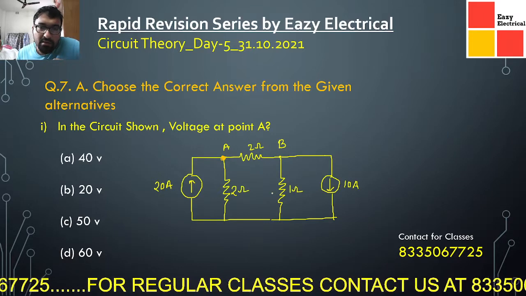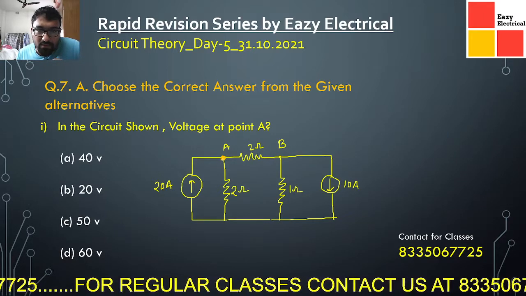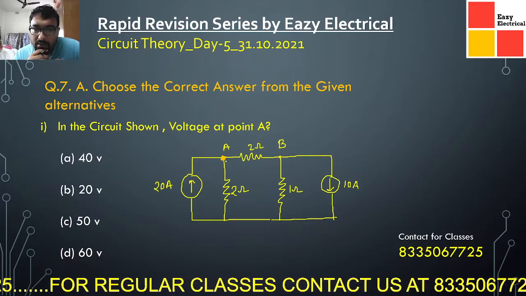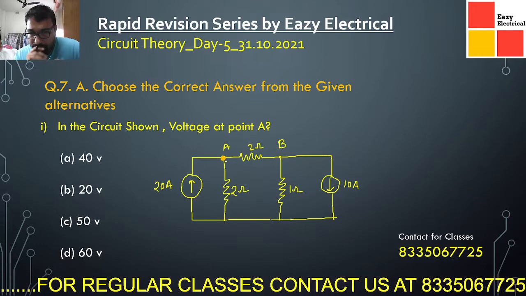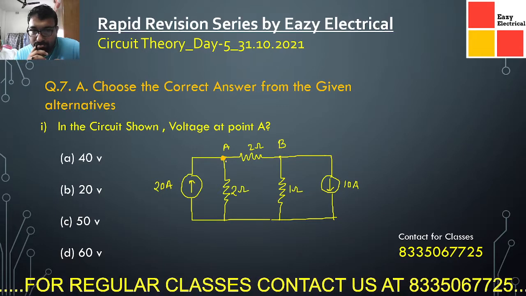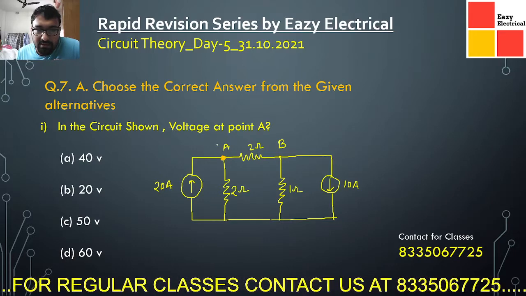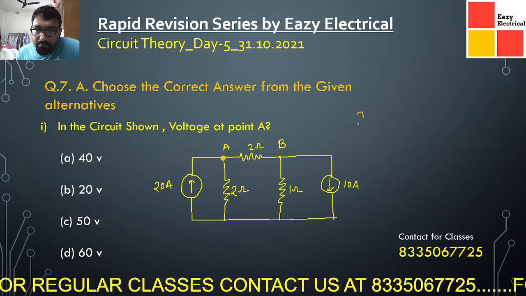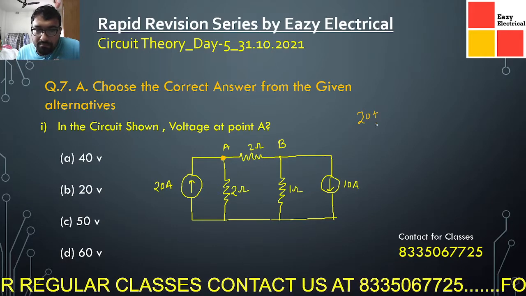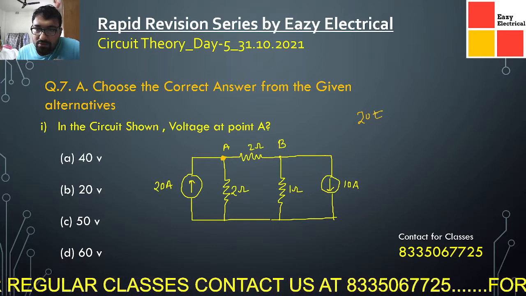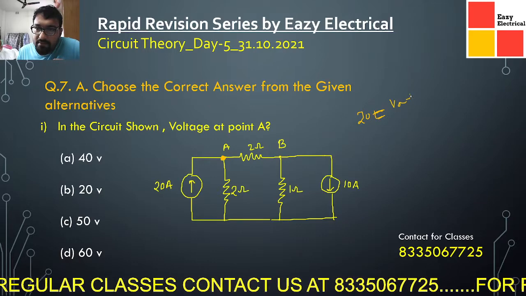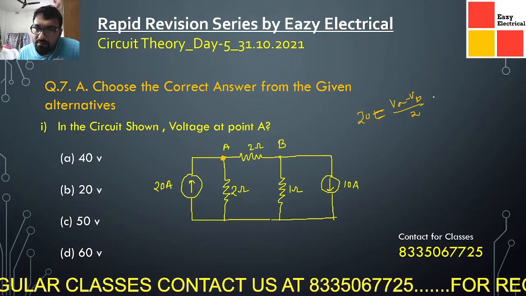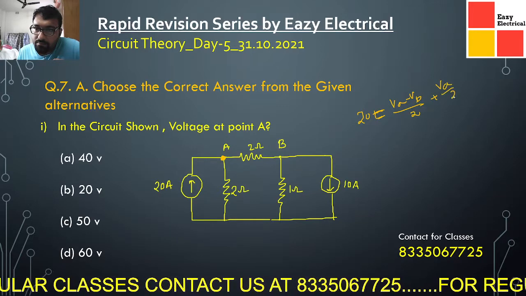Now see here. If I want to get the voltage across VA, what it will be, just consider this in this way. Suppose here VA voltage is there and VB voltage is there. So 20 plus 20 equals, suppose 20 equals VA minus VB divided by 2. In this direction the current will be going, and in this direction the current will be going, that is plus VA by 2, right?